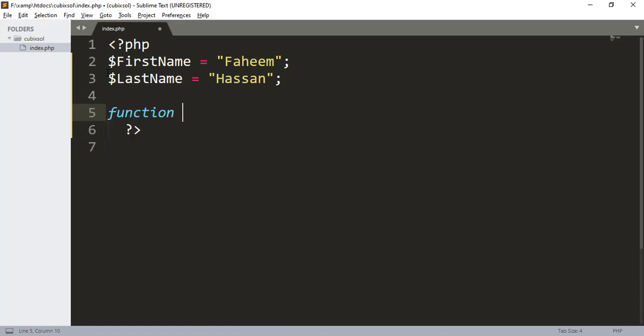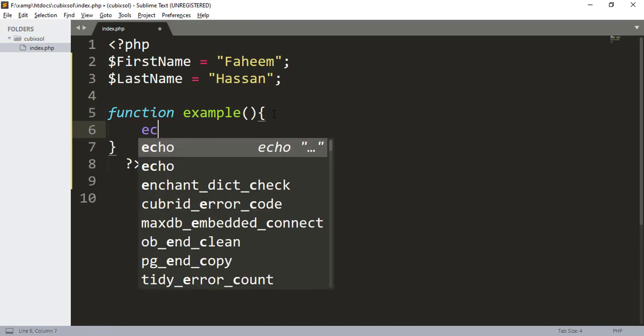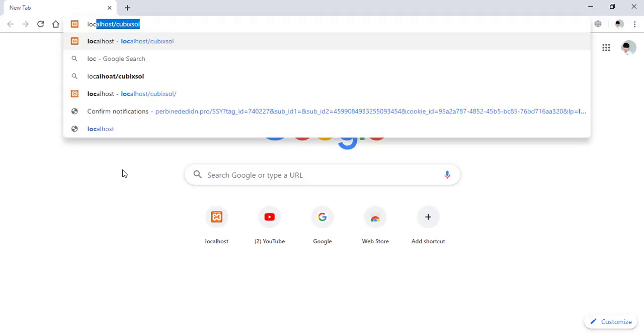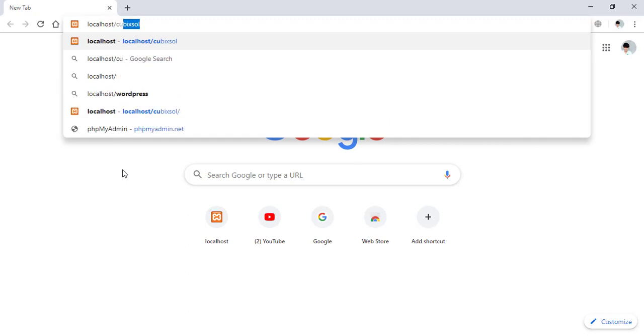So you have to use the keyword function, and the name of that function, like I type here, example, and in between these parentheses, these brackets should not be here, cut it from here and type it here. And in this section, if you want to echo this variable, like first name, and when you call this function in your body, that is example, you have created your function as well as called your function in your PHP script. So when I press semicolon, press Ctrl S, save, you can type localhost and forward slash the file name,